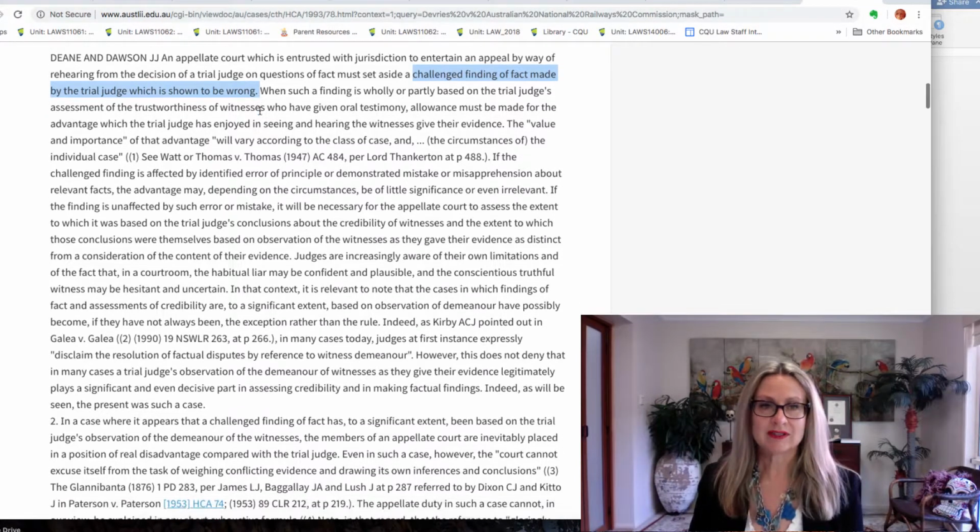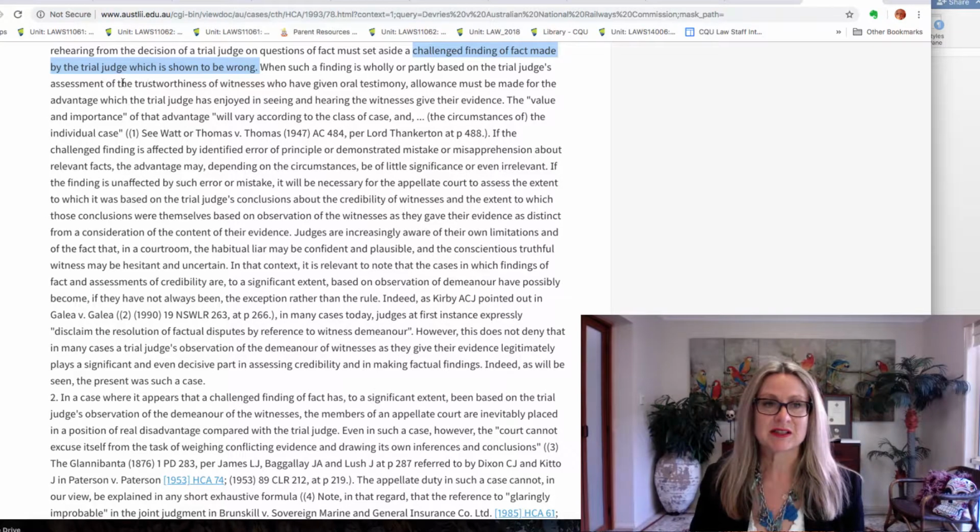Why is that? When such a finding is wholly or partly based on the trial judge's assessment of the trustworthiness of witnesses who have given oral testimony, allowance has to be made for the advantage that the trial judge has in seeing and hearing the witnesses actually giving their evidence. The value and importance of that advantage may vary. Now, if the finding is affected by error of principle or demonstrated mistake or misapprehension about facts, the advantage might be fairly minimal. However, if it's unaffected by those kinds of serious error, then it's going to be necessary for